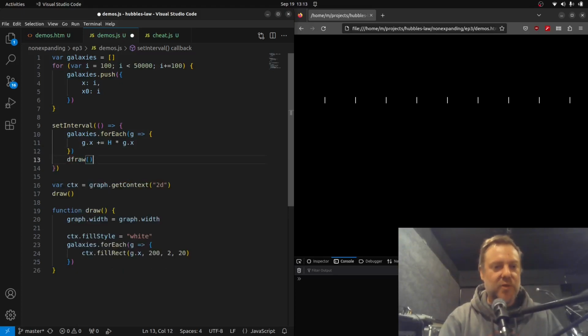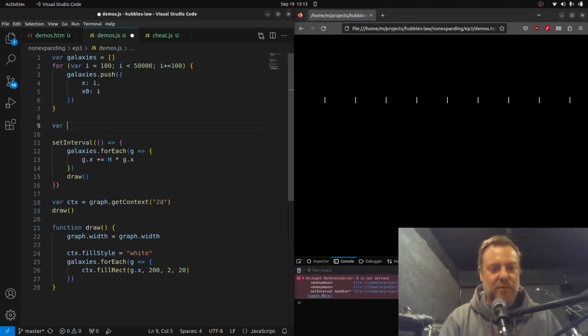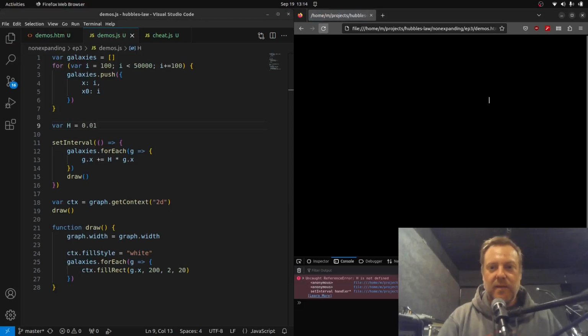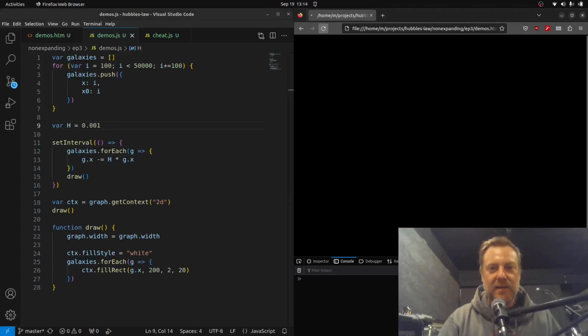So let's just draw that again to update our view and see what happens. Oh, h is not defined, of course, so we'll set our h equal to that. All right, now the galaxies are moving away. But we actually don't want the galaxies to move away. Since we're modeling the expanding universe, but we're looking back into the past, the universe will be contracting. It'll be expanding in reverse. So to make that happen, all we need to do is set this equal to minus,